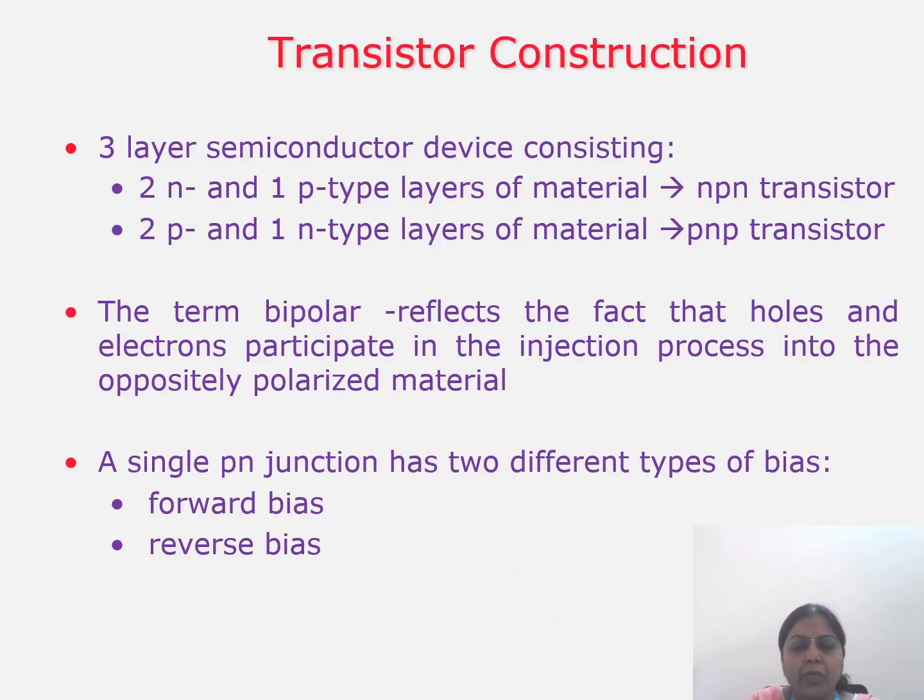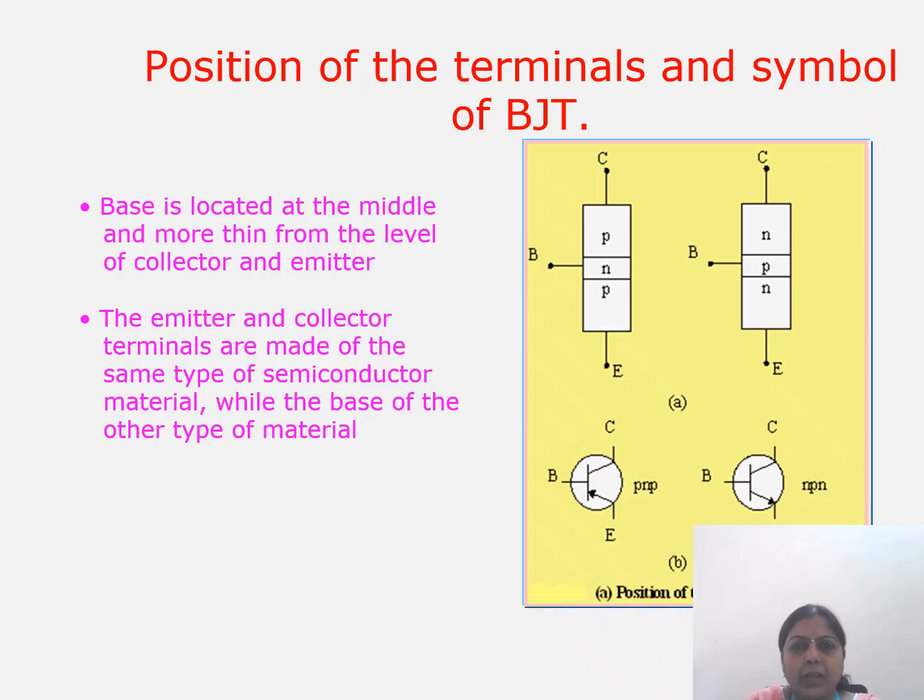We are applying a forward bias to the base emitter junction and a reverse bias to the collector base junction. So based on this, this is the NPN and PNP structure wise, then symbol wise. Look into the symbol wise. From the emitter terminal, the arrow mark indicating towards this vertical line, they call this a PNP. Then the arrow mark is nothing but the current flow direction. If it flows outward from the emitter terminal, it indicates an NPN transistor.